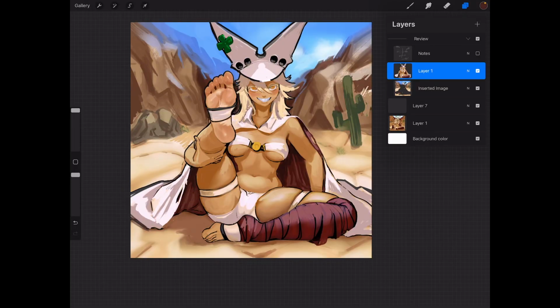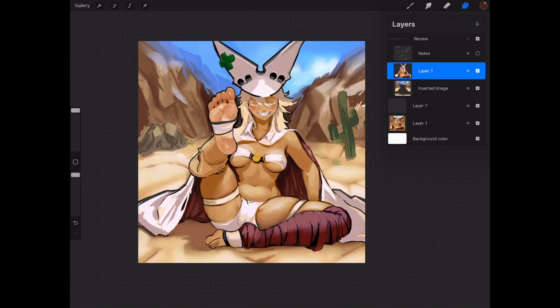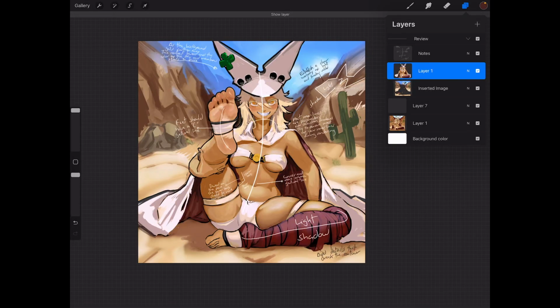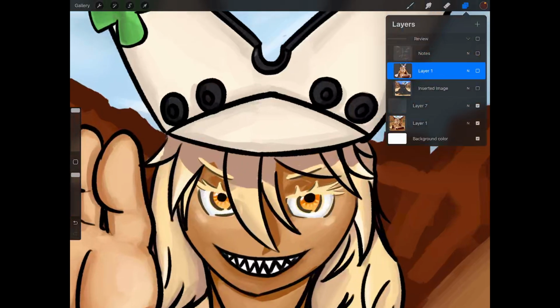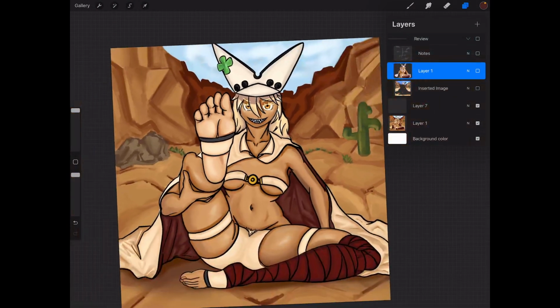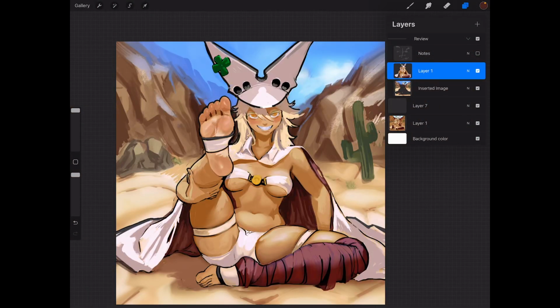Another thing that is related to the lighting and the value hierarchy are the drop shadows. Okay, you can see a bit of that drop shadow here in the original, but there are many more. Okay, I like to start rendering by identifying drop shadows, and after that, I try to group those shadows as much as possible. You can group several drop shadows into a big shadow shape, and you can also fuse those drop shadows with form shadows, okay?